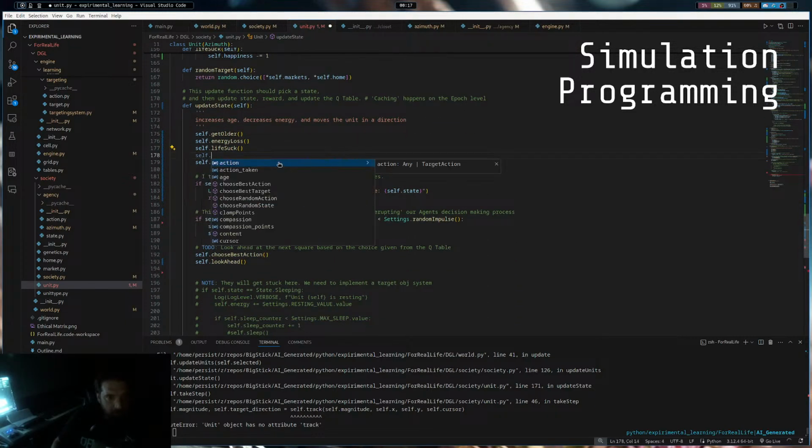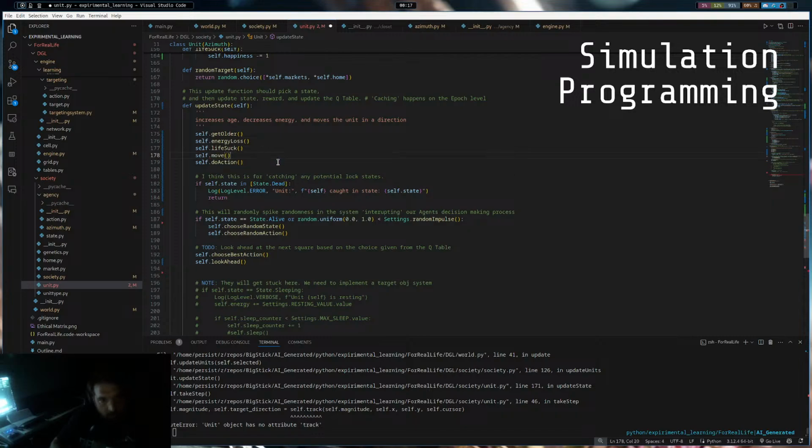So, as soon as we start our function, we want to get older, we lose some energy, life sucks a little bit, and then we move,